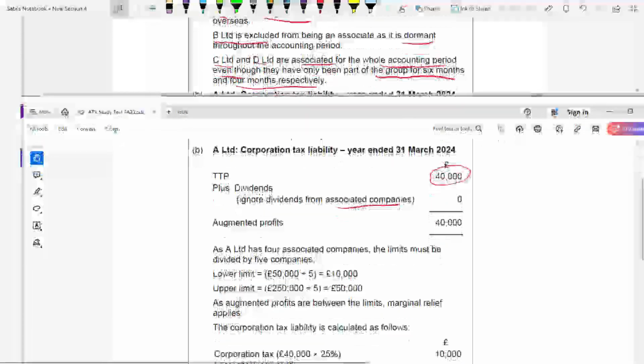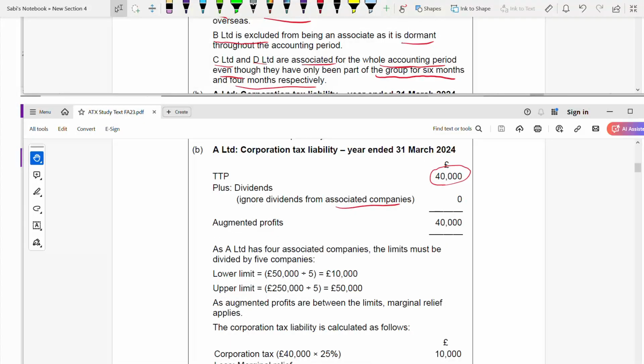Now, as A Limited has 4 associated companies, the limit must be divided by 5 companies because A is also there. A Limited has 4 associates. So with A there are 5. So the lower limit is 50, the upper is 250, divided by 5. Now it will change to 10 and 50,000. Augmented profit is 40. It's between these two. So now